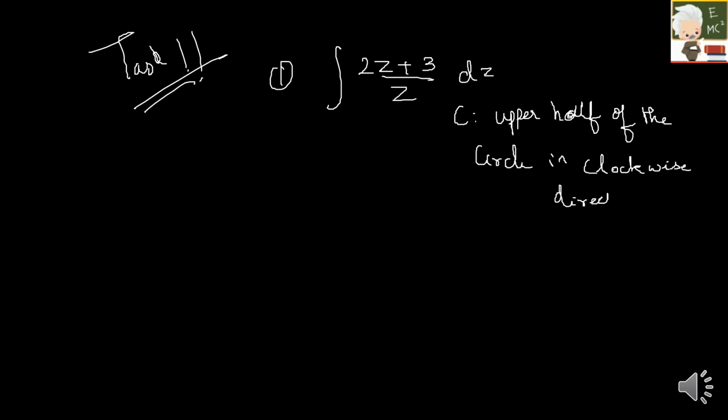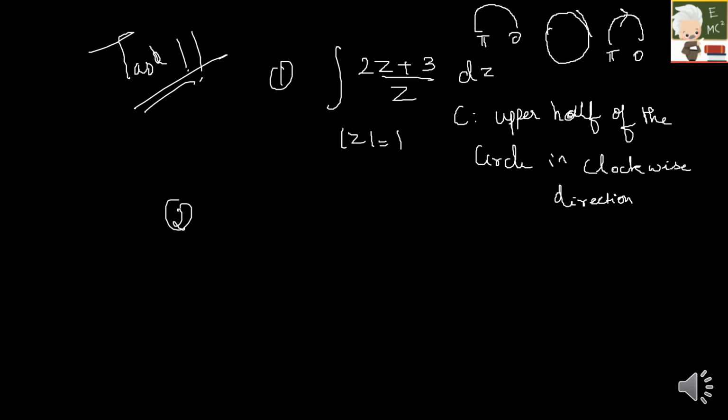So I'll just give a clue. Clockwise direction. How does a clock rotate? It rotates in this way, right? So your limits should be clockwise. Suppose they give anti-clockwise, it should go from this region to this, so 0 to pi. Here they have given clockwise, so it should be from pi to 0. Okay, so this is your integral, and here |z| is equal to 1. So this is one question.